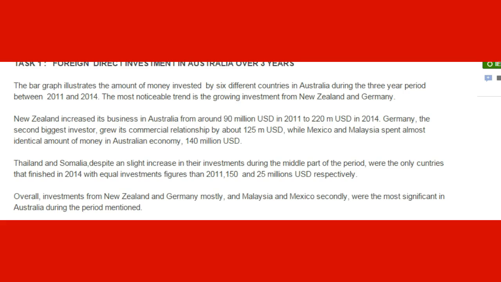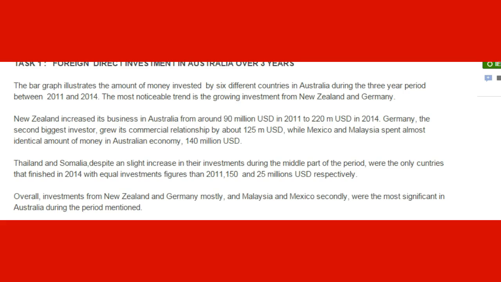Good! New Zealand increased its business in Australia from around 90 million USD in 2011 to 220 million in 2014. We don't have to say USD again, okay? Saying it once is sufficient, and we can imagine that the rest is going to be USD, okay, US dollars. Germany, the second largest investor, grew its commercial relationship by about 125 million, from X to X, while Mexico and